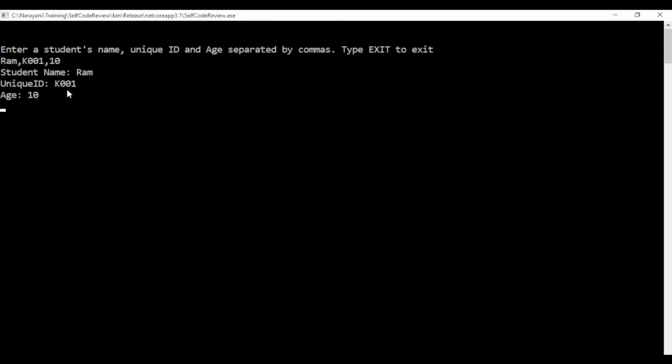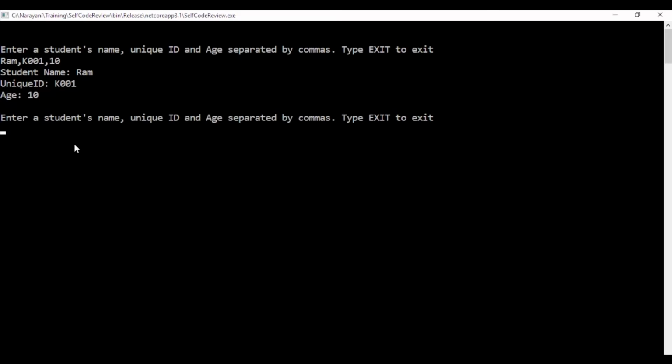So see what it does. It splits them into 3 and then prints that out, which is very good. The functionality is perfect. It's working as per the requirement. But does this complete the requirement? Let's see. Now I'm going to get into a tester's mindset and then test this.